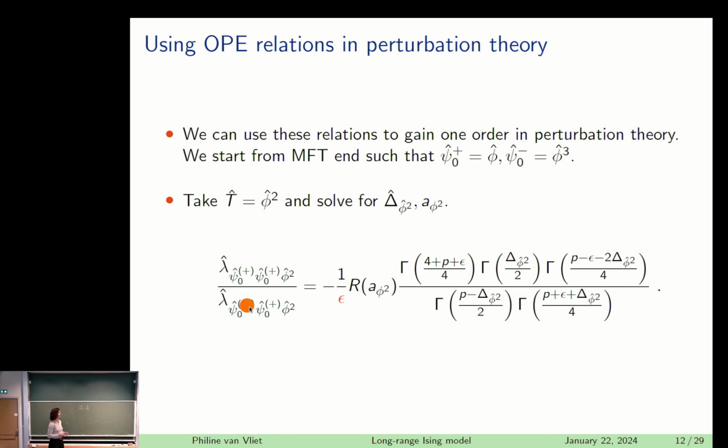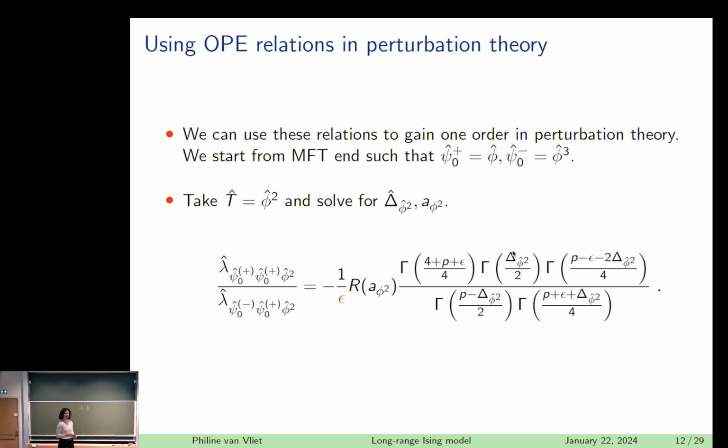Now, because of the structure of the gamma functions, if we plug in the values for p and q in terms of this small parameter epsilon, we see that on the right-hand side we will get a factor 1 over epsilon. And this means that if we plug in, for example, OPE data at order epsilon, this would give us a relation between this ratio r and the conformal dimensions of phi squared at order epsilon